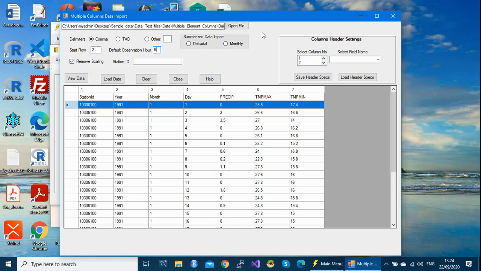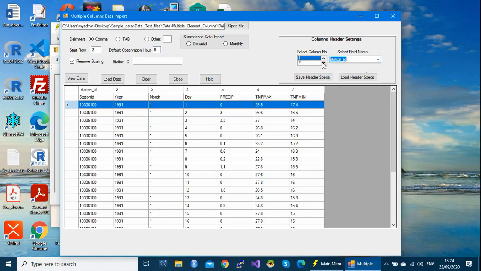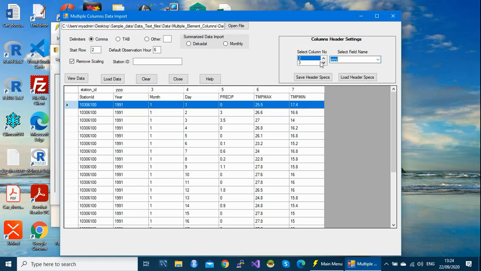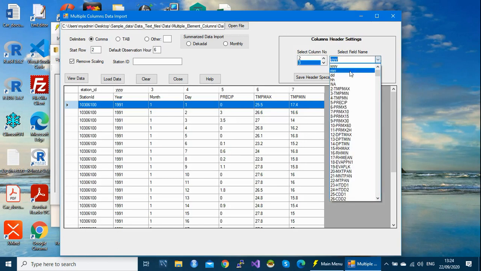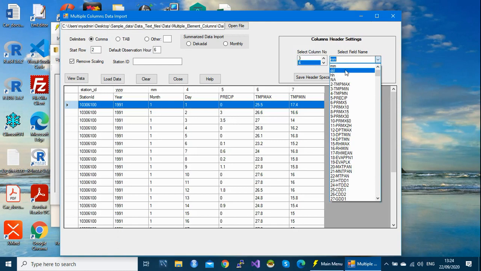This side here is the column header settings. You have to match: you select column 1, you give the corresponding header, station ID. Column 2, year. Column 3, month. Column 4, days.